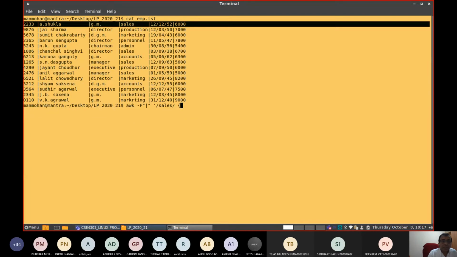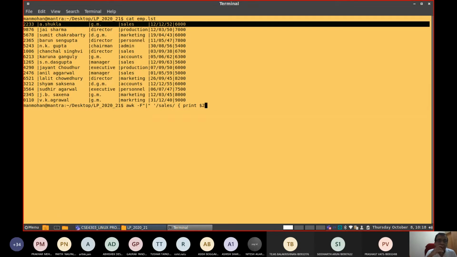I want to find out the names of the sales department staff. Their name is in the second column. So I can write print, then write $2, the second column.